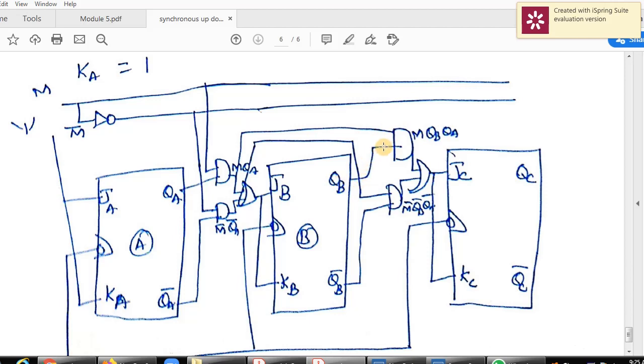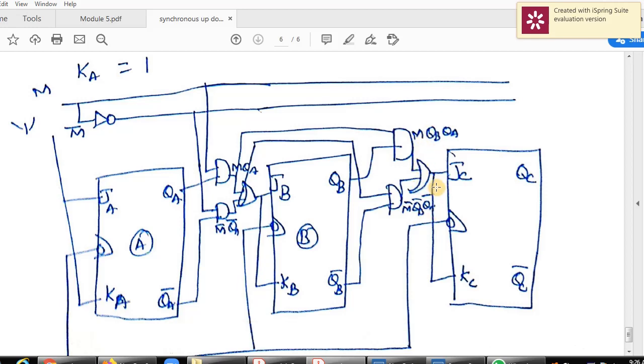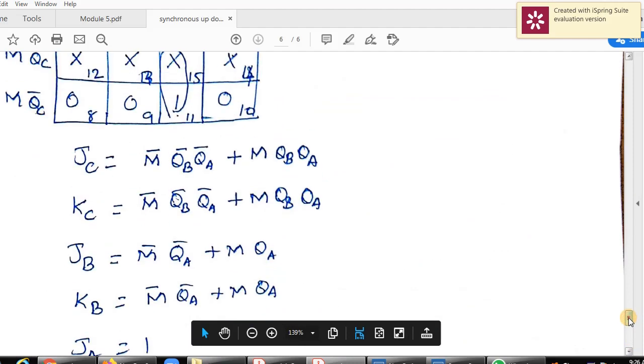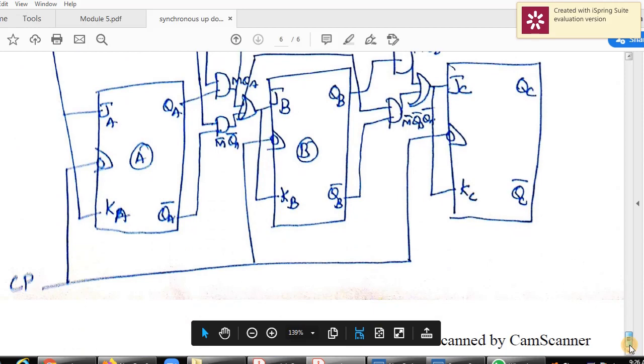Then one more QB is also there, so this becomes M QB QA. And for this one, one input is connected to the existing M bar QA bar, and again QB bar is connected, so this is M bar QB bar QA bar. Through the OR gate we can add these two. So this is the answer for JC and KC. So that logic diagram is completed. Thank you.